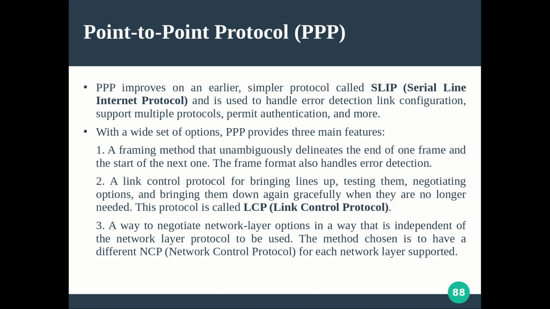Link control protocol is for the management of the link: the negotiation of the parameters or options, establishing and disconnecting the link, and its testing purpose. And the network control protocol is particular to a given network. The network control protocol being used in one network will not work with the other one, so you have to vary it, and accordingly you can achieve that network layer independence.